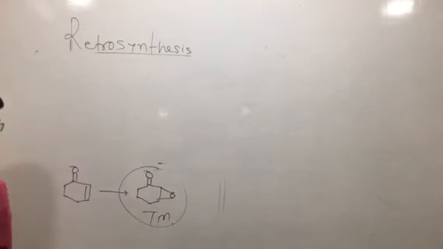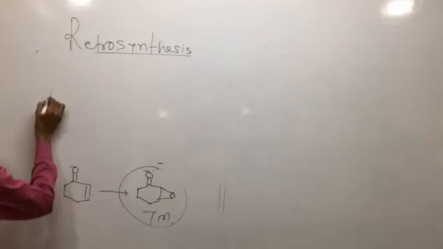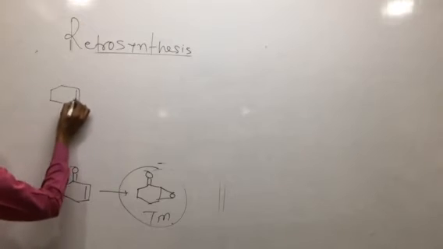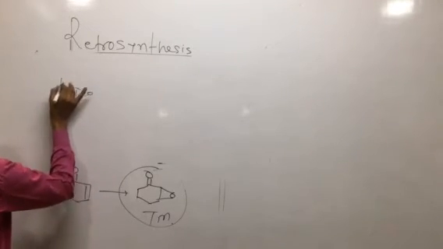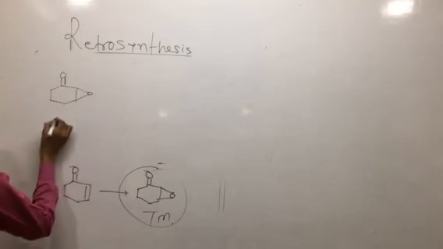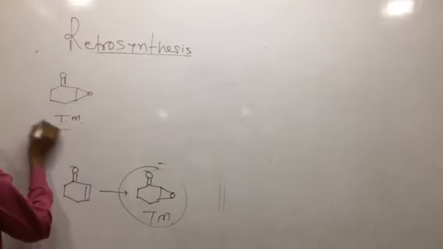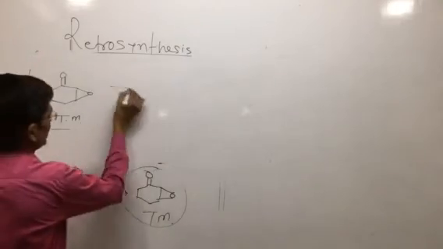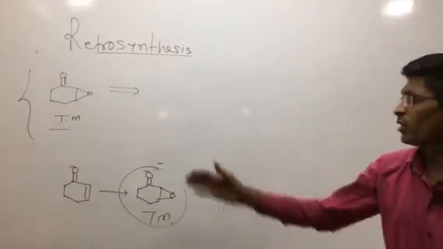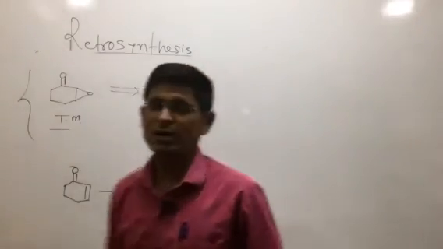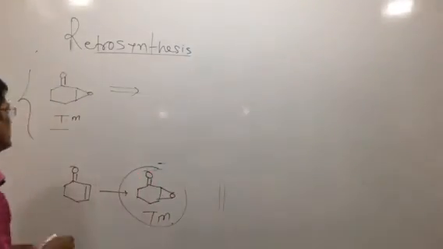That is an alpha beta unsaturated compound. So these types of species you have to provide. This is one. Yes, the epoxide is there, and this compound has two functional groups, epoxide and carbonyl compound. So how is the epoxide obtained? What is the analysis? First I am writing this is the analysis.